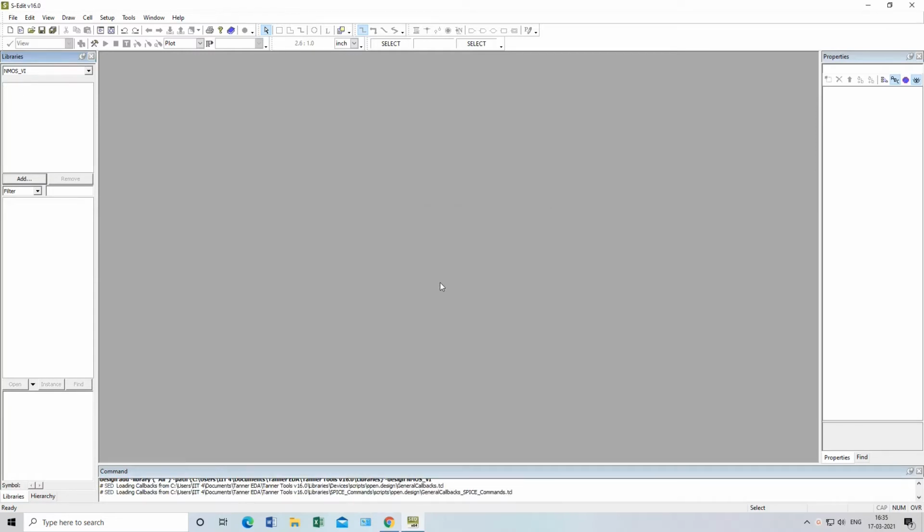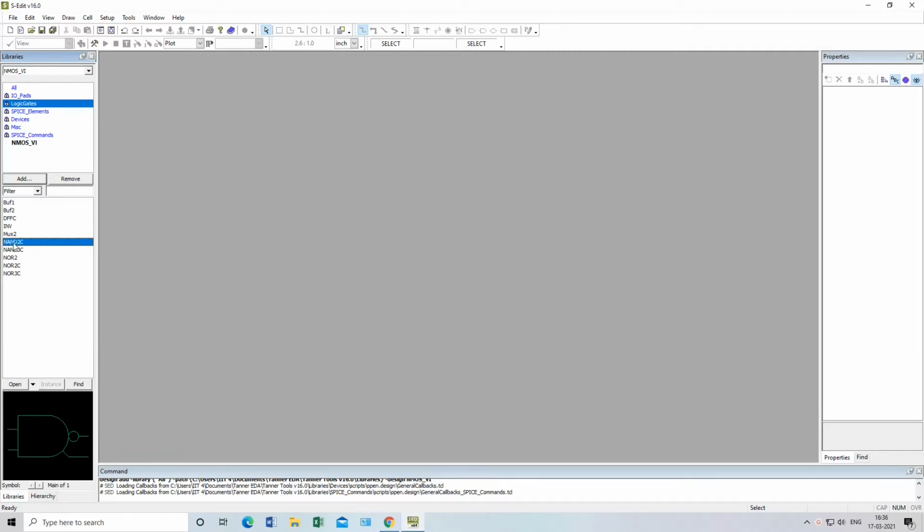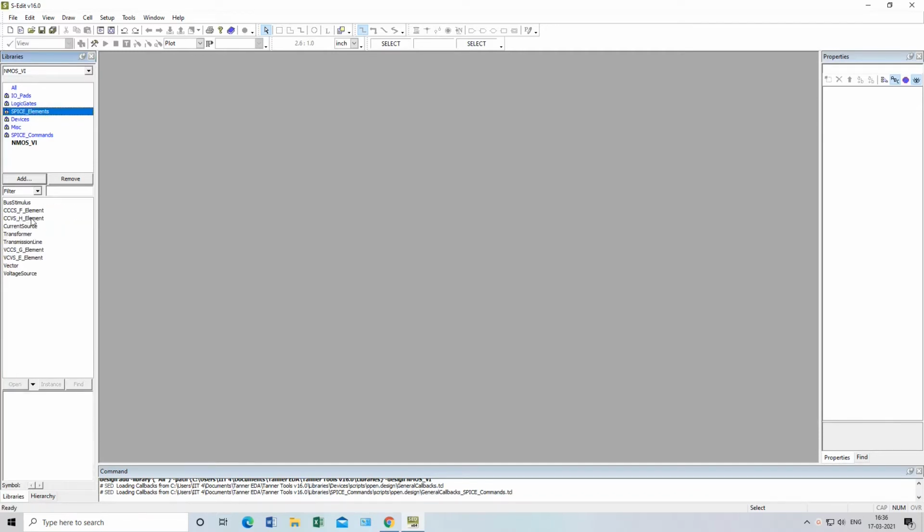So as you can see, here we got all the input output paths, logic gates, everything. It means the library has been created. These libraries are provided by Tanner only: NOR gate, NAND gate, buffer, inverter, mux. Under spice elements there are different current controlled sources, current source, current controlled voltage source, transformer, transmission line, voltage controlled current source.